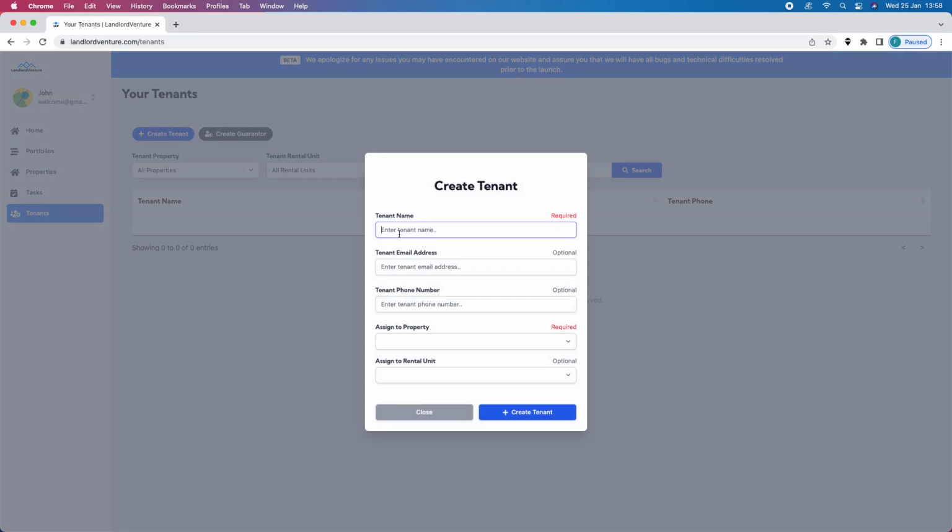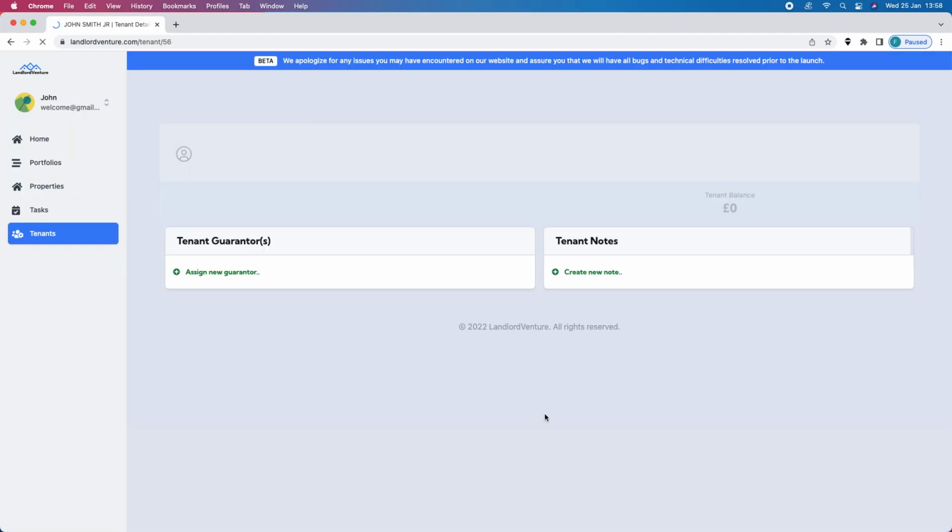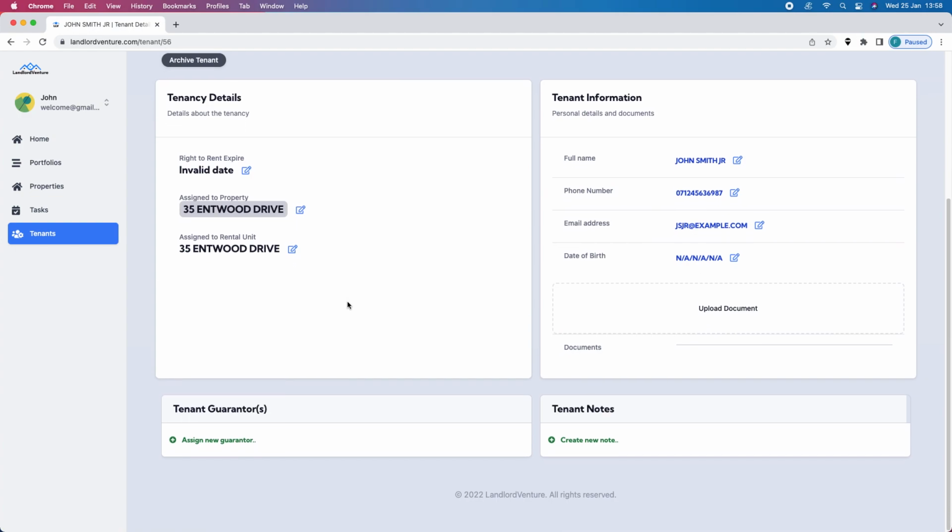So we're going to create a tenant, and we're going to call the tenant John Smith Jr., JS Jr. at example.com, and assign to property 35 Entwood Drive, and assign to rental unit 35 Entwood Drive. Create tenant. Now here we can add a bit more information about the tenant, date of birth, really